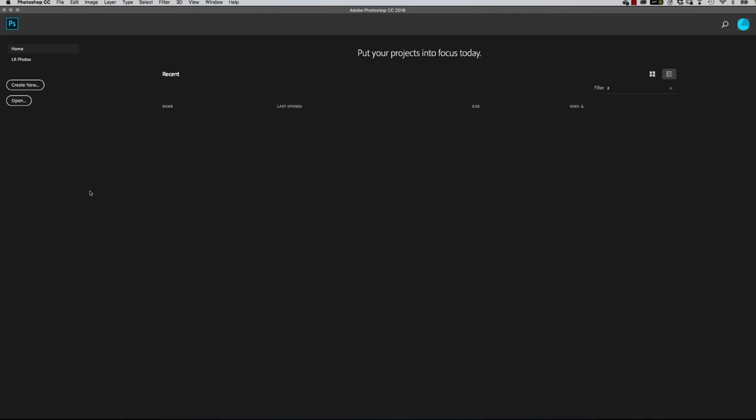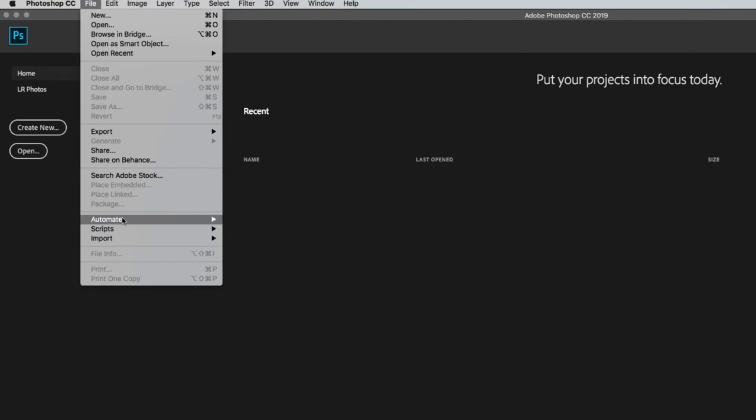The second step can be accomplished in two ways. For most users, the auto install is the simplest way to go. The alternative installation method will be covered in the documentation. So from Photoshop, you want to navigate to File, Scripts,